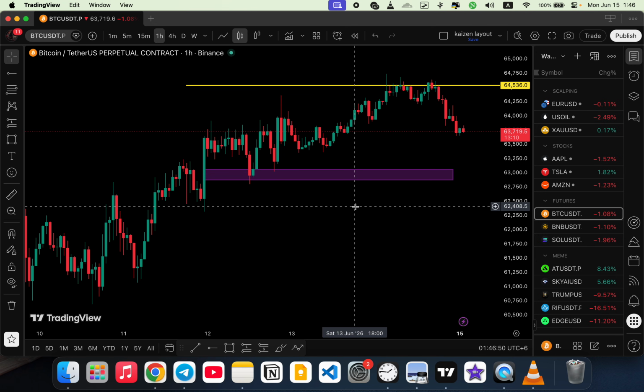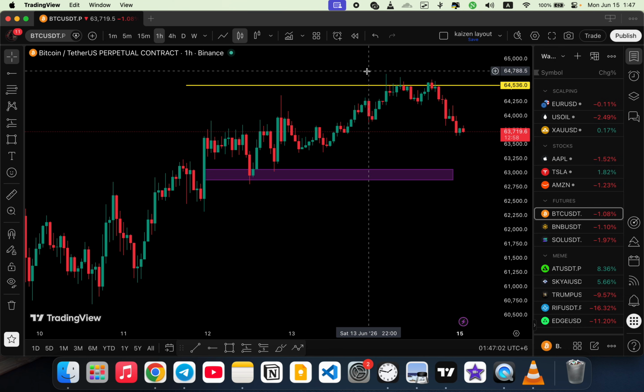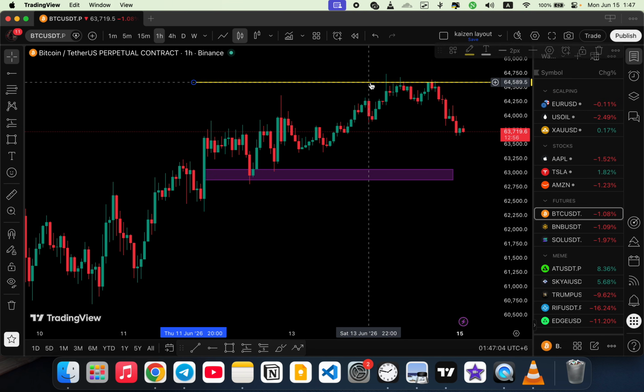For some people, a line works, and for others a zone type works. It's totally up to you, but if you want more precision, I believe you should go with a line, because